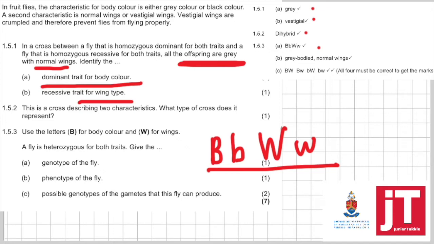Big B is obviously for... let me just look at the key. So big B is a gray body and normal wings. Right. And then